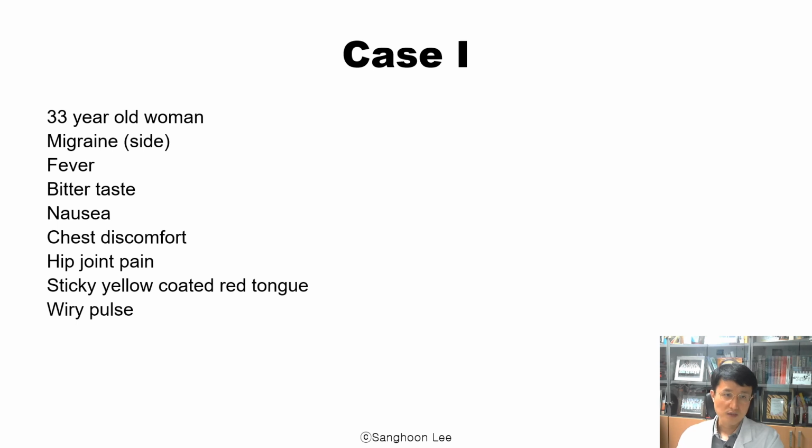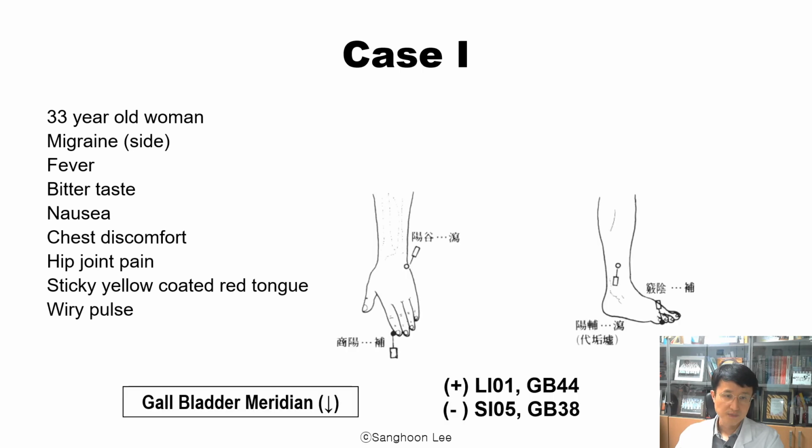Okay, case 1. The answer is sedating the gallbladder meridian, because it is an excess gallbladder meridian syndrome. According to the pathway, the gallbladder meridian goes along the side of our head, and fever, bitter taste, nausea are gallbladder symptoms, and chest discomfort, and also the hip joint pain, the hip area is also a gallbladder